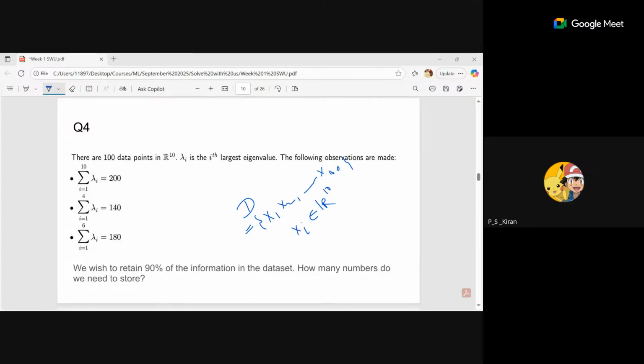How many numbers means how many eigenvectors? No, how many numbers? How many numbers do you need to store? Okay. The size, right? How many bytes we need to store? How many numbers means how many bytes we need to store? If we are talking about